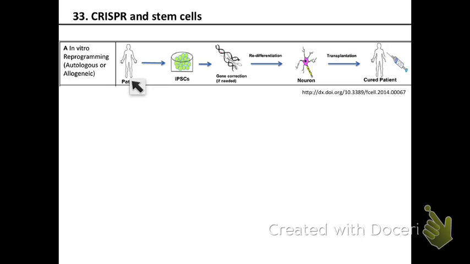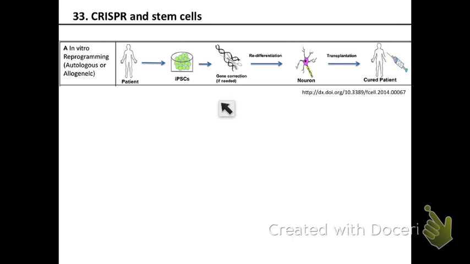You have a patient, and it has some problems with its organs or some process, immunity, etc., because it has mutations. Mutations give us a lot of these diseases. What you can do is isolate some skin cells or other cells from this patient and create induced pluripotent stem cells. So you take them back in their differentiation and make induced pluripotent stem cells. Then you can put these in a dish and do CRISPR and screen for the right clone